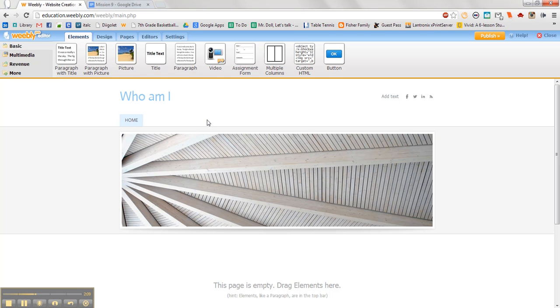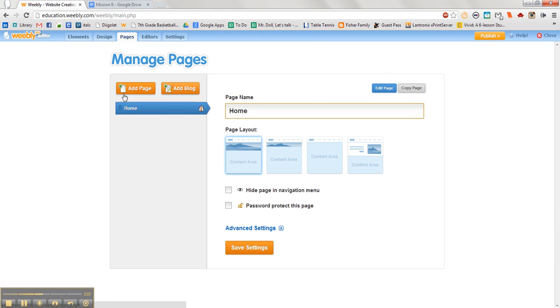So to get started, there's all sorts of things that you can do with the images here and editing them, clicking that. I'm not going to spend a lot of time on that. The main thing I want to show you is how to add pages to your website tab. So you can see right here there's a little home tab. You want to go up here where it says pages and click on it, and this is where you add